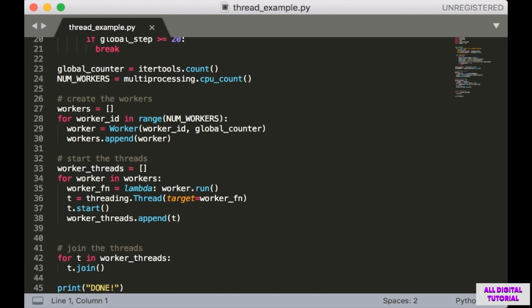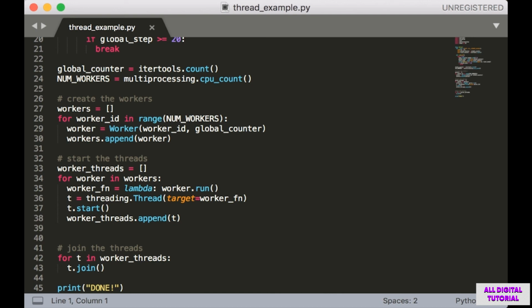The last block we have is the join block. So why do we need this? Well, normally when you have a thread, you can think of it conceptually as sort of outside the main program. In other words, my main program will launch some thread, but it doesn't care what happens with the thread after that. So once I launch the thread, I consider my job done and I can move on. In terms of this code, I'm going to print out done at the end when everything is complete.